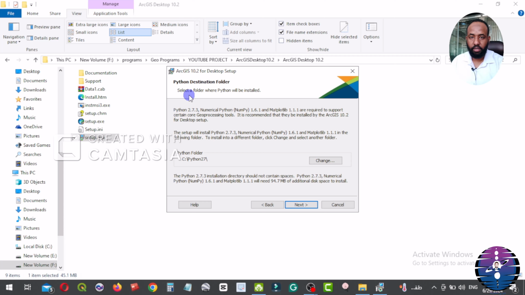By the way, the Python language is one of the easiest programming languages. Anyone who wants to learn programming language, I advise him to start with learning Python language. From here we can change the place of the folder. Then press next.